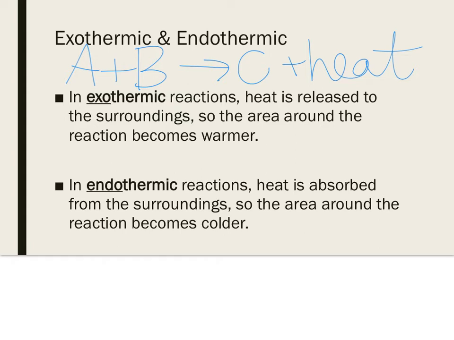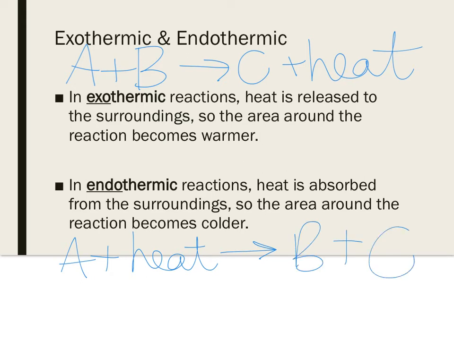Okay, so in this chemical equation, heat is released. So it'd be an exothermic equation. If you can draw out an endothermic equation, it would look something like this. You could do A plus heat yields B plus C. Okay, so chemical substance A